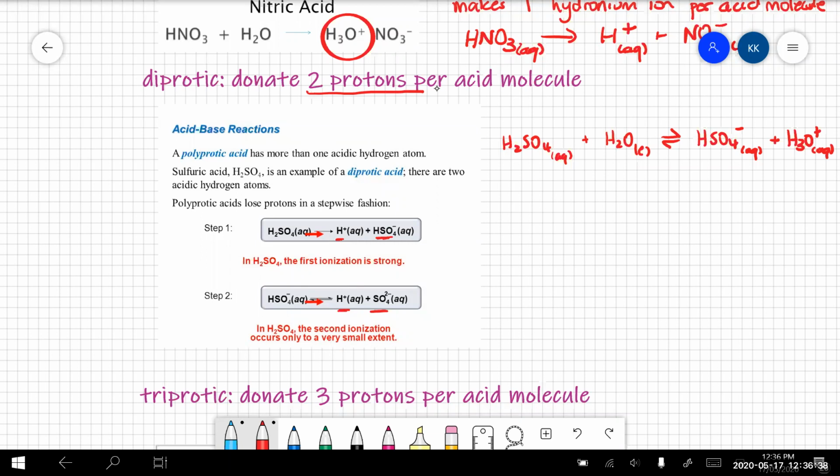And then this still has an acidic hydrogen, this HSO4 minus, hydrogen sulfate ion. So that can react further with water to make the sulfate ion and another hydronium ion. So overall, what's happened